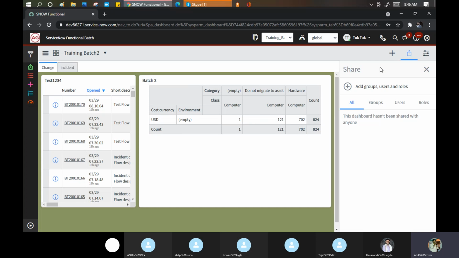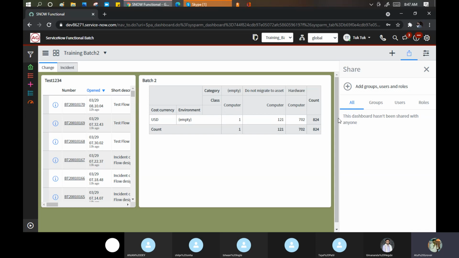Suppose I am an incident manager and I'm handling 20 resources under me. I don't want anyone to miss any incident. So I created one standard dashboard and I'm going to share that dashboard with everyone. Plus, another benefit is that it is up to me whether I give rights to those people to change anything in the dashboard or not. Like I am giving you my personal instance access. If tomorrow I write an ACL and mention your names in the ACL that these guys should not be able to make any changes in my system, they can work as an admin, but they cannot modify anything which I write. Then I can do that.